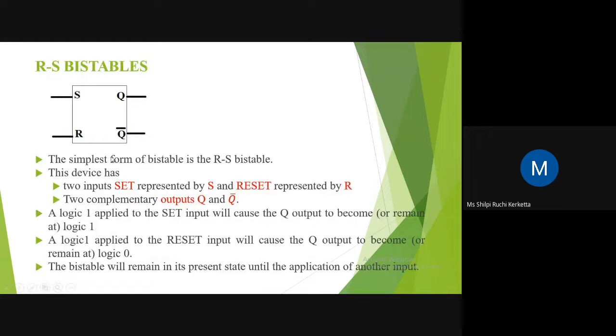So this is a representation of our RS bistable state. We have a set and we have a reset. Actually, the name RS bistable state is coming from the set and reset. Like earlier also I gave an example,